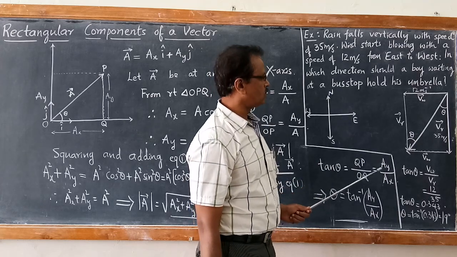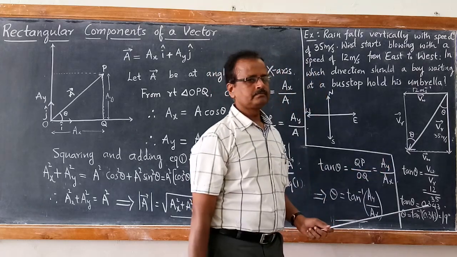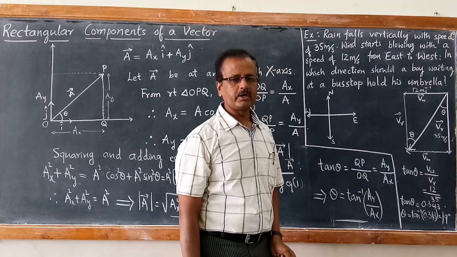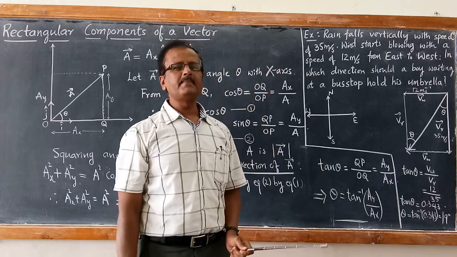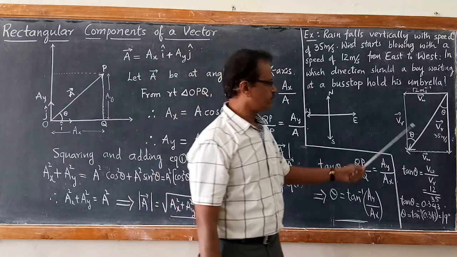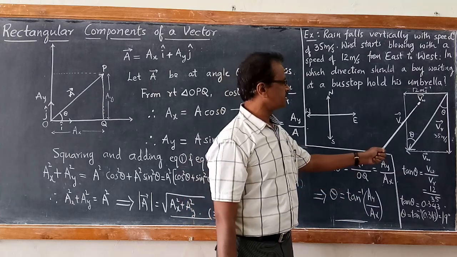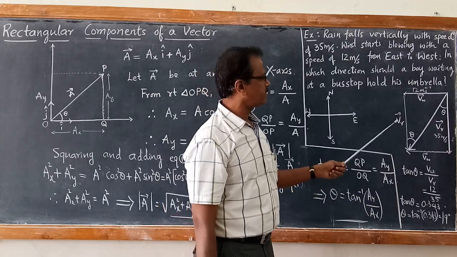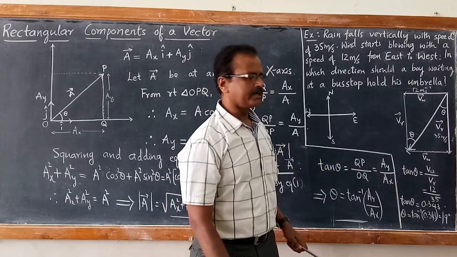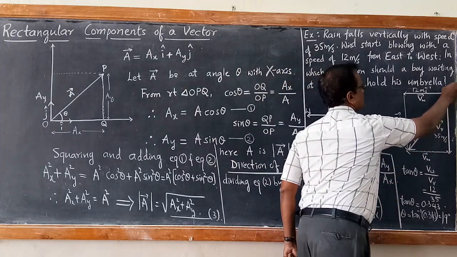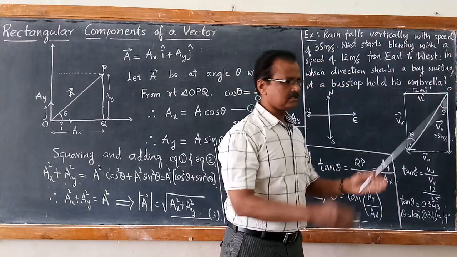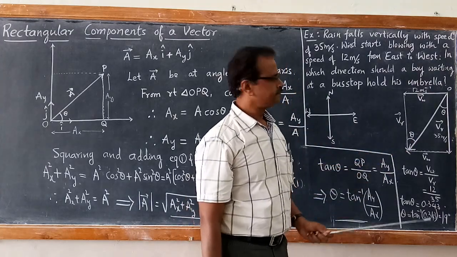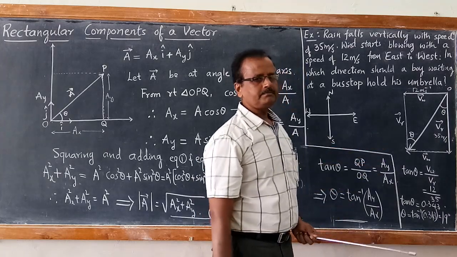If you construct a parallelogram, we studied the parallelogram method yesterday to find out the resultant. First, we have to find out the resultant of these two vectors, VR vector and VW vector. Look at this diagram carefully. These vectors are originating from a common point, so we have to apply the parallelogram law. So construct a parallelogram.